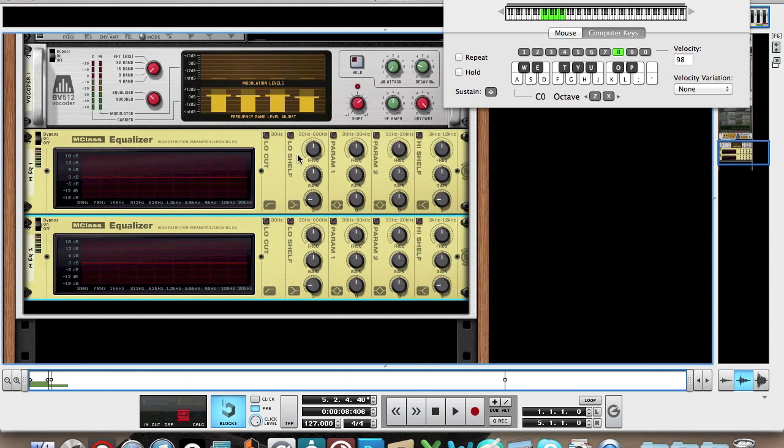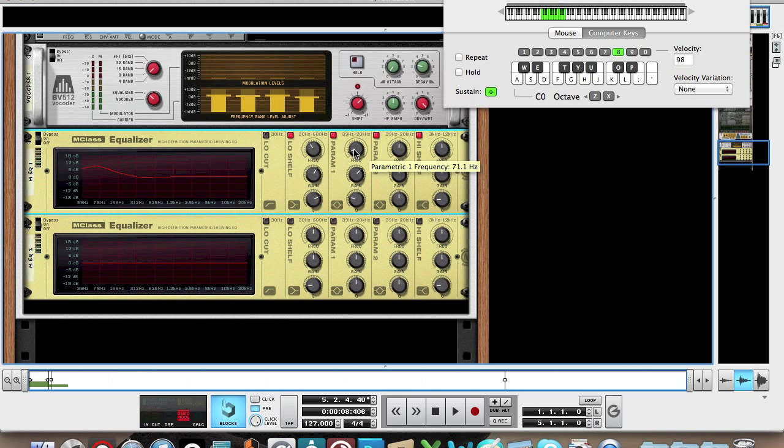So if you create 2 M-class equalizers, for the first one enable all the parameters, and if you bring the low shelf down to about 90 Hz, touch the gain up to about 4 decibels, and bring the Q to about 1.4, and then if you bring param 1 frequency down to about 70,